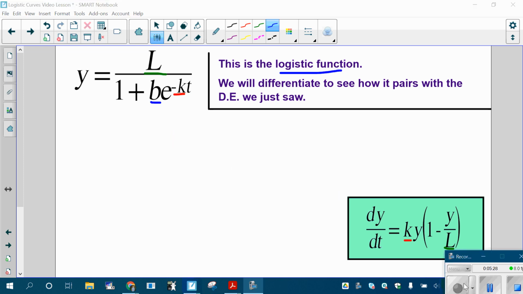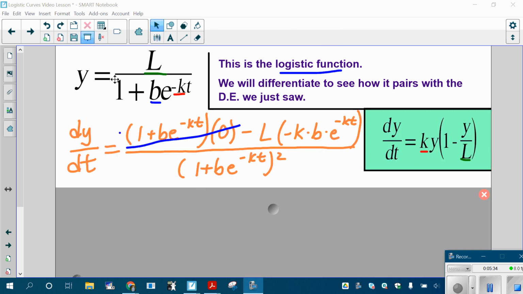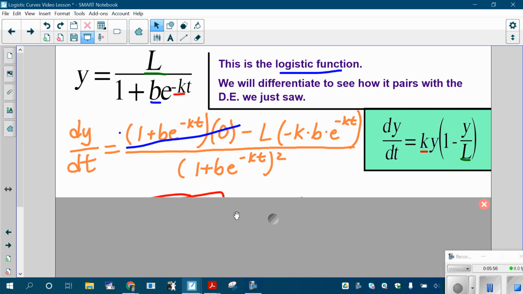I'll do it quick. First, I'm going to do the derivative of this. I'm going to do quotient rule. So when I do the derivative of this with respect to time, I do quotient rule: low d high less high d low over denominator squared, for sure. The top is just a constant, so d high cancels that out, and I'm left with this. Okay? Again, I'm trying to show that the derivative of this is this, and that is why this is a solution to this differential equation. I'm going to simplify this in a very specific way.